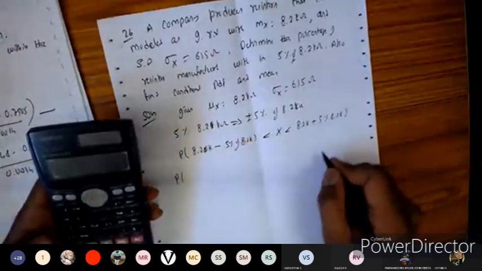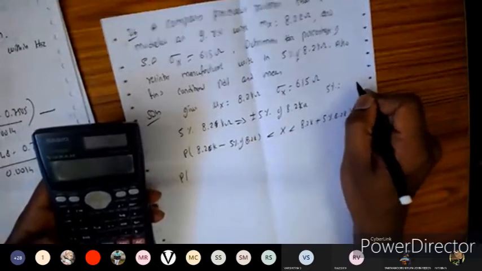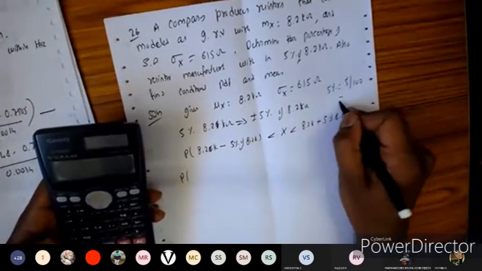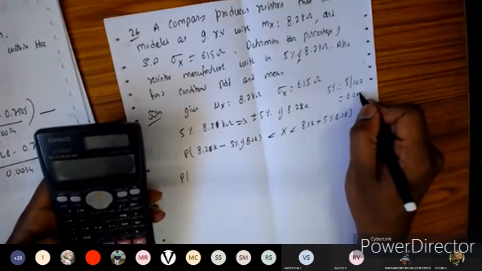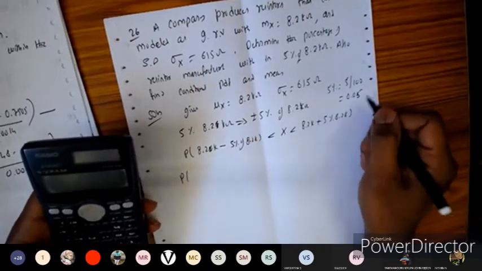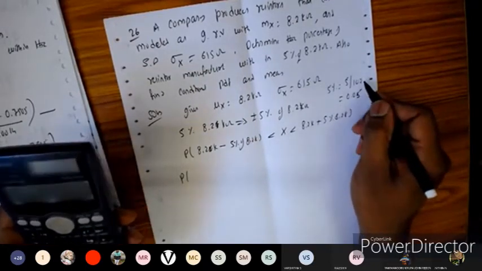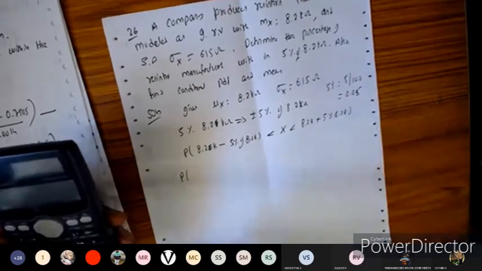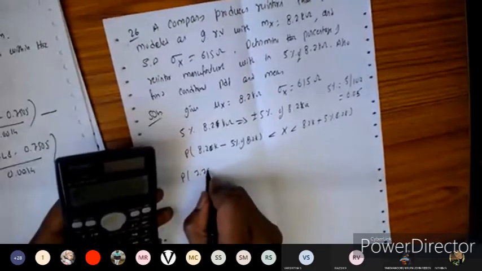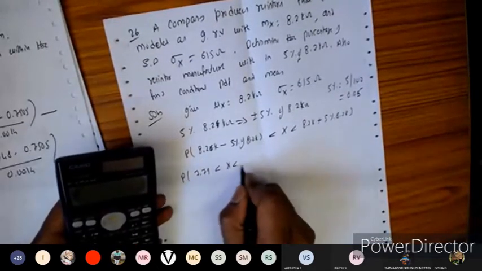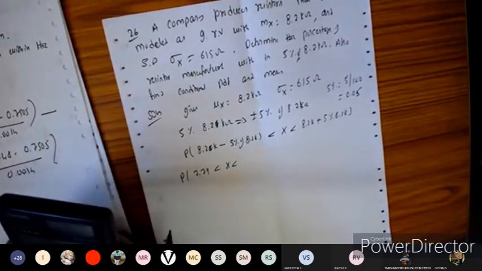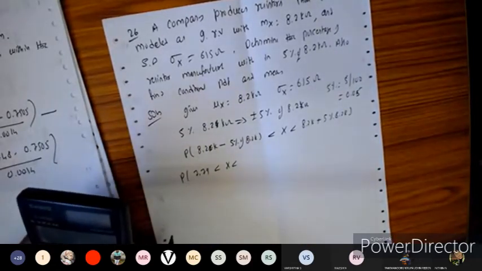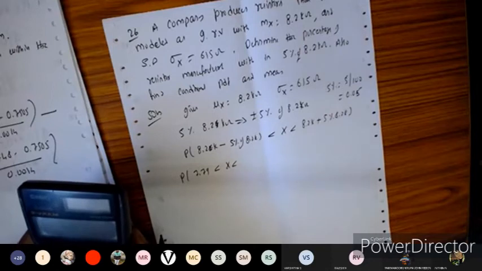5% is 5 divided by 100, which gives 0.05. Since 100 is 10 to the power of minus 2, if you multiply, you will get this one. So it becomes 7.79 is less than x is less than, if you add that one, it will become equal to